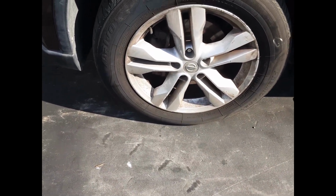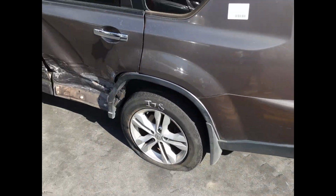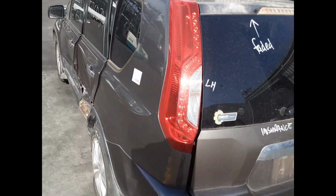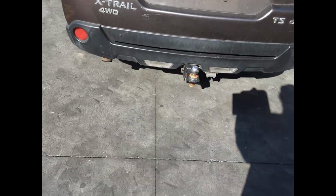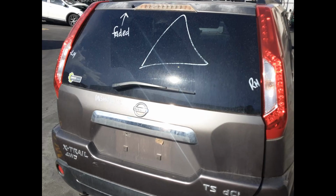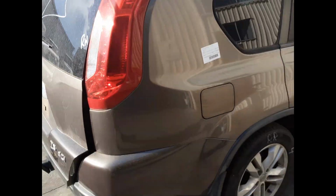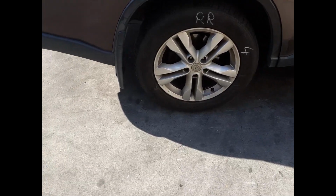17-inch factory alloy mag with a good tyre, left tail light, tidy rear bumper cover, factory fitted tow bar with all bolts, brackets and loom. Tailgate has no damage, does have a paint fade on the top edge, right hand tail light, right rear 17-inch